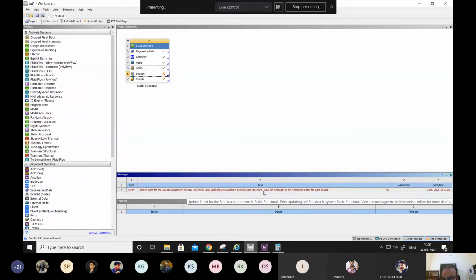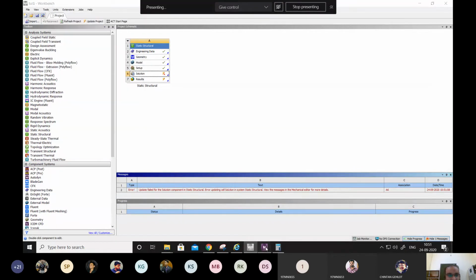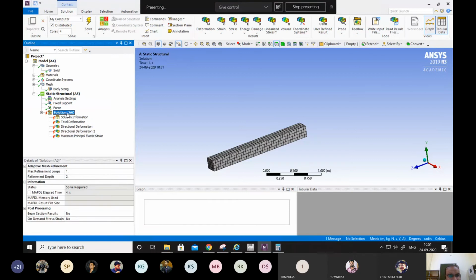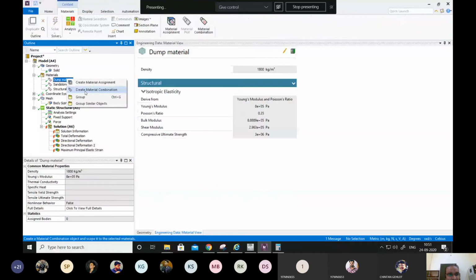Something strange is happening. Generally, till generate solves and we get the solution. Strange. Okay. Let's remove this.